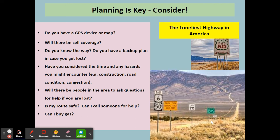This is kind of where I learned to tell somebody about my trip, or a segment of my trip, before I go and do it. I recall telling my mother the night before what my plan was, and then calling her up at the last place where I had cell coverage to tell her this is what we're doing. We should be on the road for around 2 to 3 hours, so expect our phone call and do something if we don't call back, right? She was a little nervous, but said okay, and we filled up our car with gas. We got a bunch of water for our drive just in case something happened, and we set out and we did it. The rental car that I used worked out fine, but